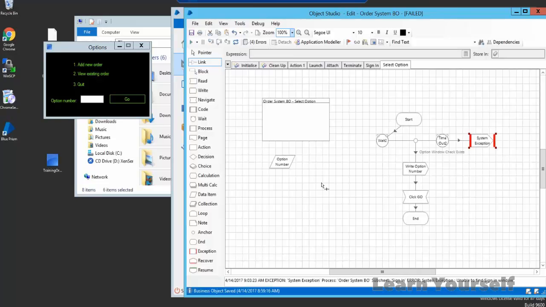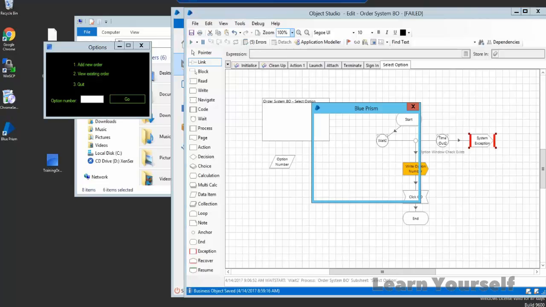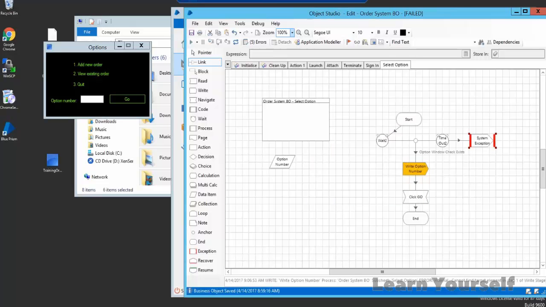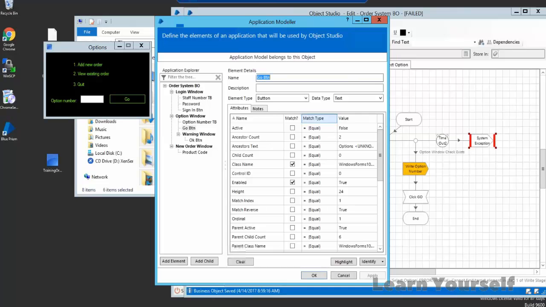Okay, so this is my second action. You can check it by running this. I have written, okay. So again, cannot find the target element step on it. If we are getting this kind of error, we just need to check what we have selected, because as I told you, that application,